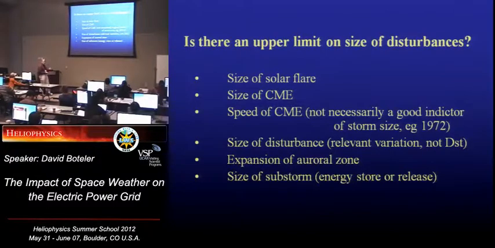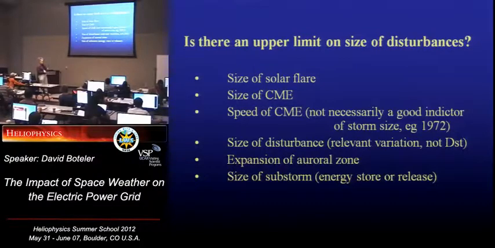And here we want to focus on the specific disturbances, not necessarily the DST, reflecting the main phase. There's been a lot of focus on the 1859 showing, well, that's the biggest storm. Well, that part of the disturbance doesn't cause the problems to power systems. And just having a large DST is not a good proxy for substorm size. So we need to be a bit more focused about what type of disturbance we're talking about.